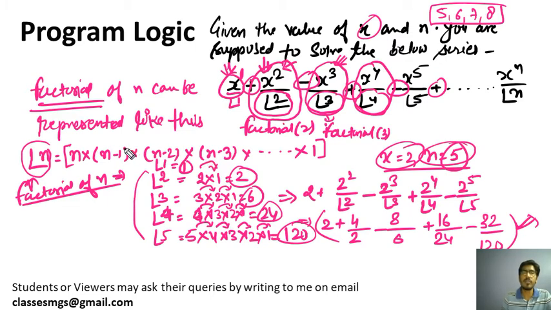Now what we need to do is understand the logic of how to add these terms. Whenever the power of x is even, we add the term, and whenever the power of x is odd, we need to subtract it. The only odd case where we add the term is whenever the power of x is 1, otherwise for odd powers we are subtracting and for even powers we are adding. So I am going to write this logic here.